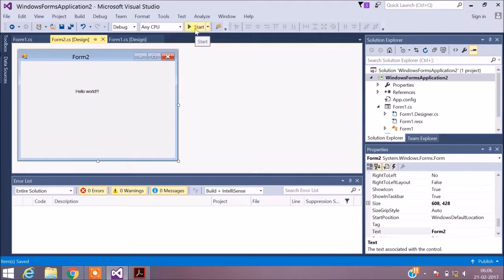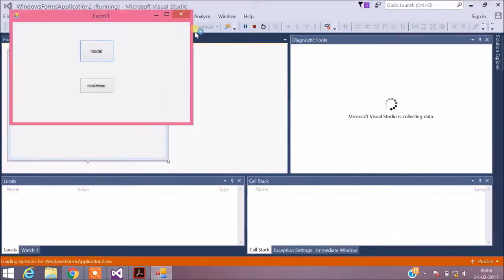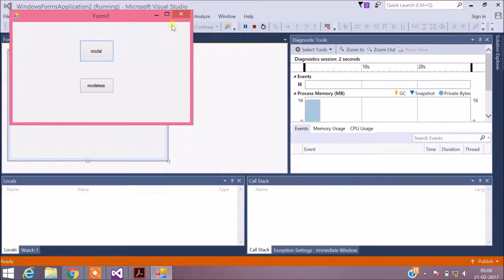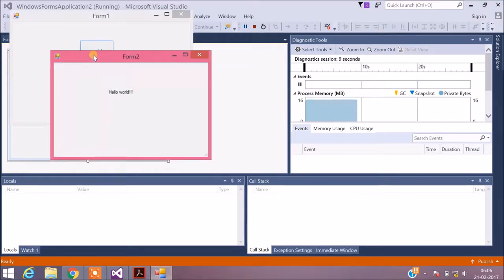I'm going to run this program. Okay, so this is your first form having two buttons, modal and modeless. Once I select modal, I'll have the second form, which says Hello World.